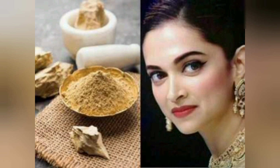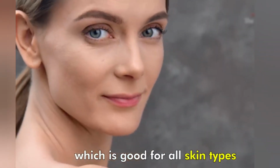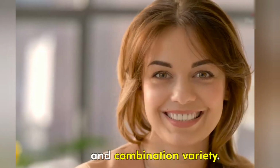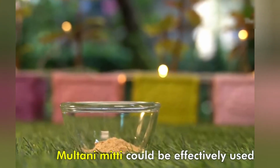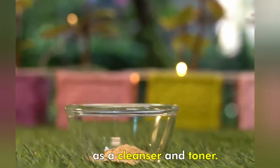Today in this video I will be sharing with you all an amazing Multani Mitti face pack, which is also known as Fuller's Earth, which gives you a fair, tight, young and glowing skin. Mother Nature has provided us with Multani Mitti or Fuller's Earth, which is good for all skin types: dry, oily and combination variety. Multani Mitti could be effectively used as a cleanser and toner, and is very good for the